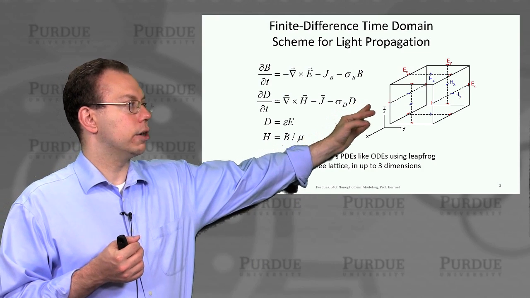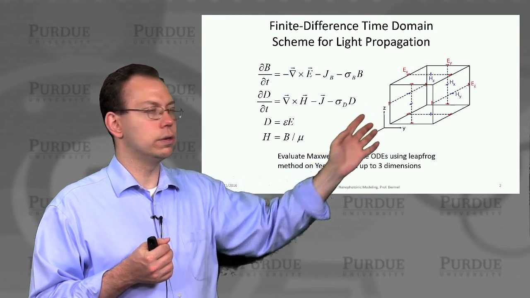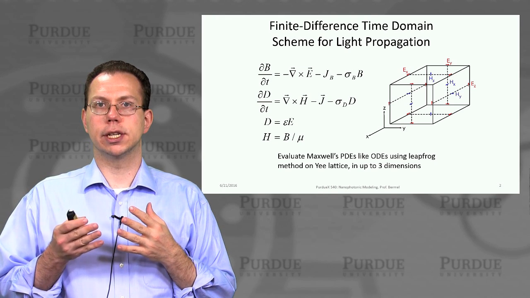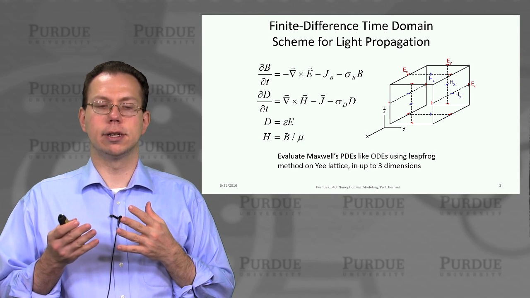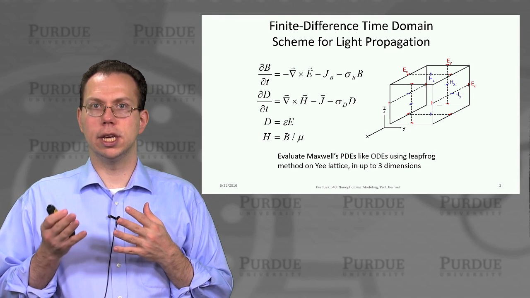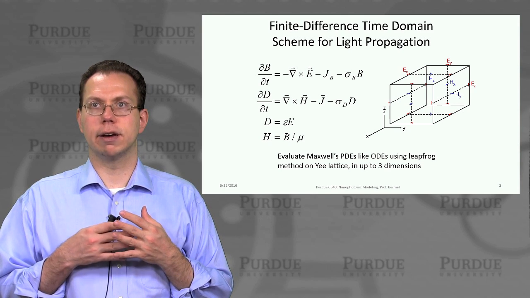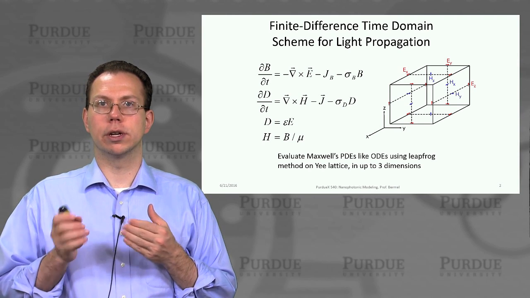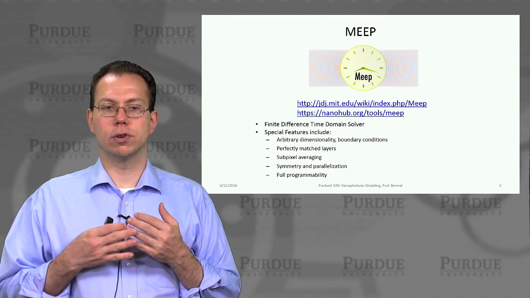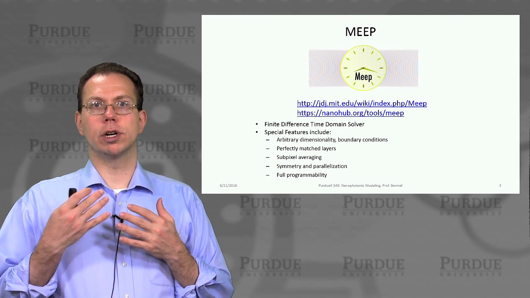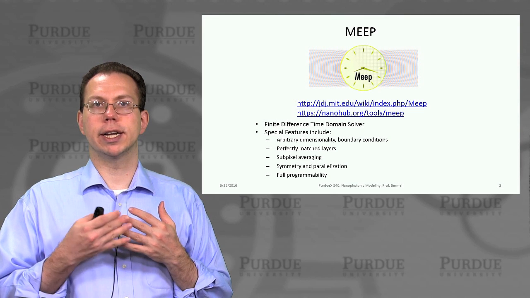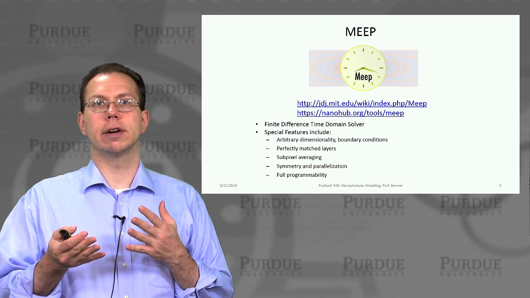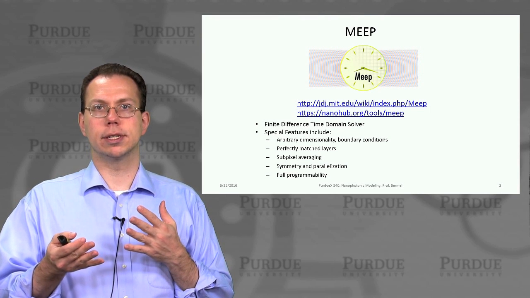And then in order to get accurate integration of these systems, we use an approach which is borrowed from ordinary differential equation solution methods called the leapfrog method. But then we're doing this on a so-called Yee lattice, and the Yee lattice allows us to have more accurate computation than we could otherwise in 1D, 2D, or 3D. And so in order to actually use this method, of course, we could try to directly write down the equations and then write a solver, but luckily that work's been done for you, and there are several solvers out there, and the one we focused on the most is called MEEP.